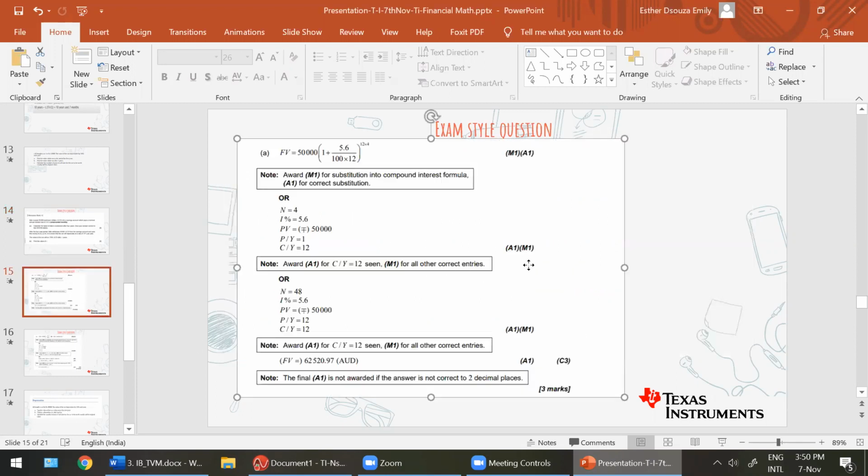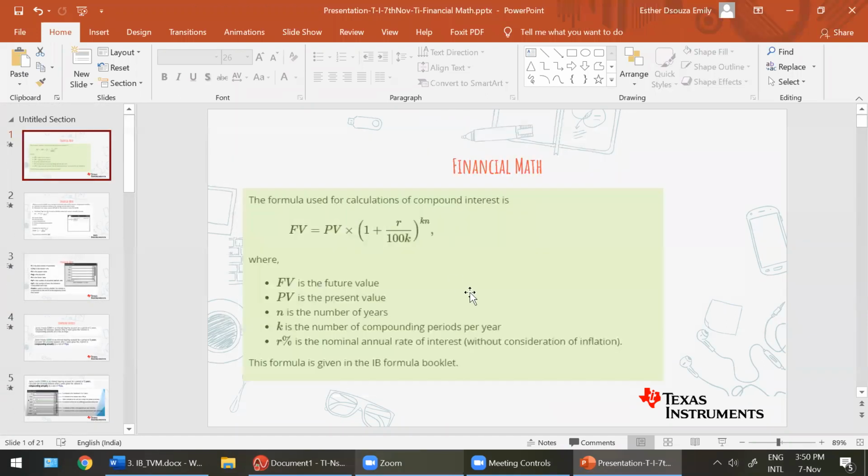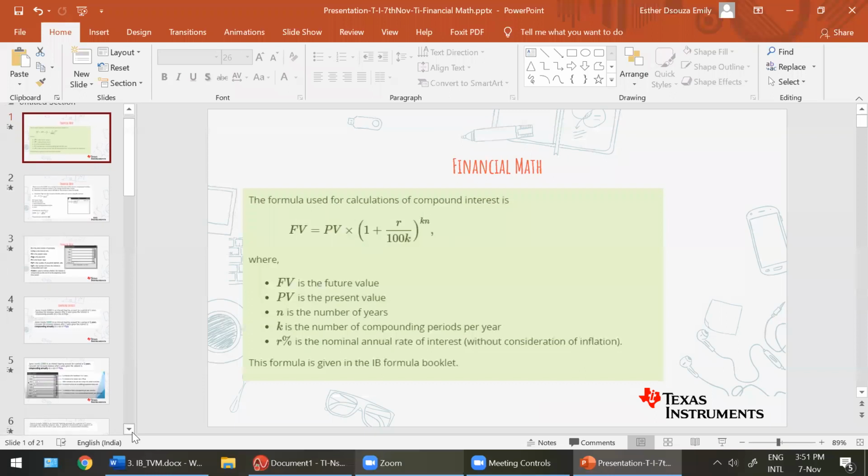So students, this is how your answer key looks in a mark scheme. You need to first enter this step. Make sure that you've entered this step in your paper, because if you directly go and happily solve it in your calculator and go click, click, click, you're going to end up with marks 0, A0, A0, A0. So make sure that this first step is put down on paper, in the very first form which I showed you, because the formula is given to you in the IB booklet. Don't forget, this formula is given to you in the IB booklet. In this case, this k is 12, that is, the compounding periods per year is 12, right?